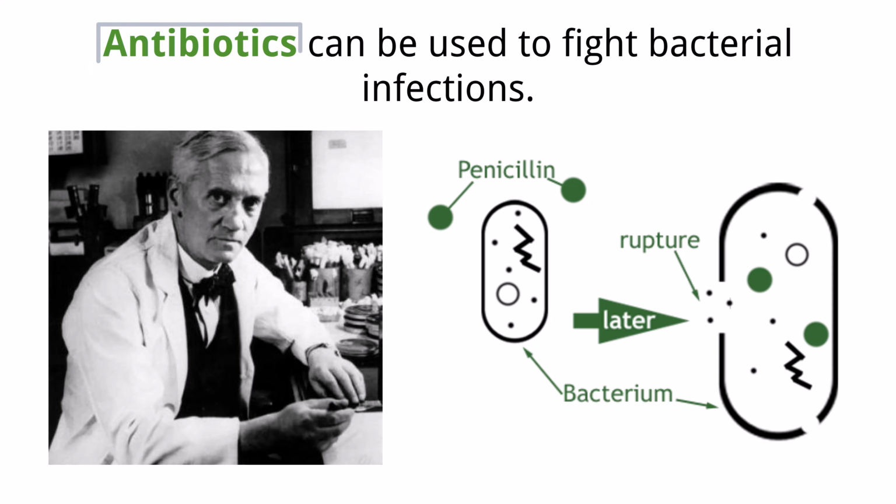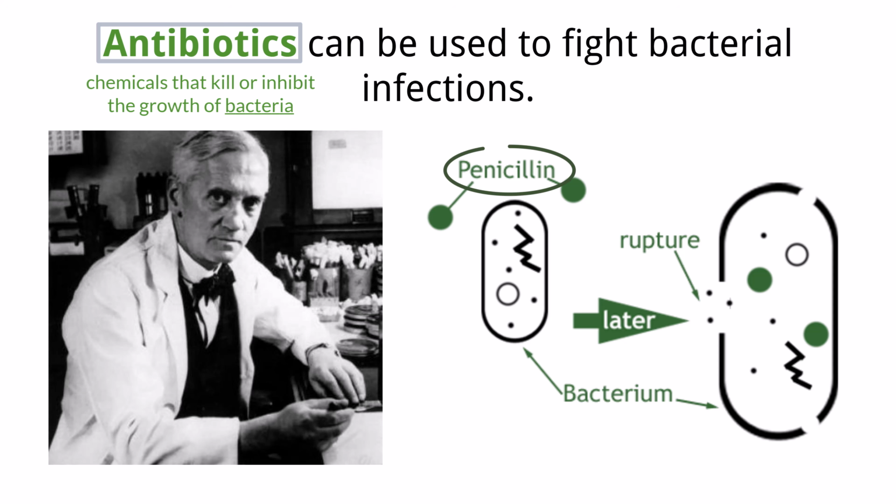Antibiotics are chemicals that kill or inhibit the growth of bacteria by targeting prokaryotic metabolism. A common example of an antibiotic is penicillin. Penicillin was identified by Alexander Fleming in 1928 on accident. This chemical came from a mold called penicillium, and when placed next to other bacteria, he noticed that it inhibited